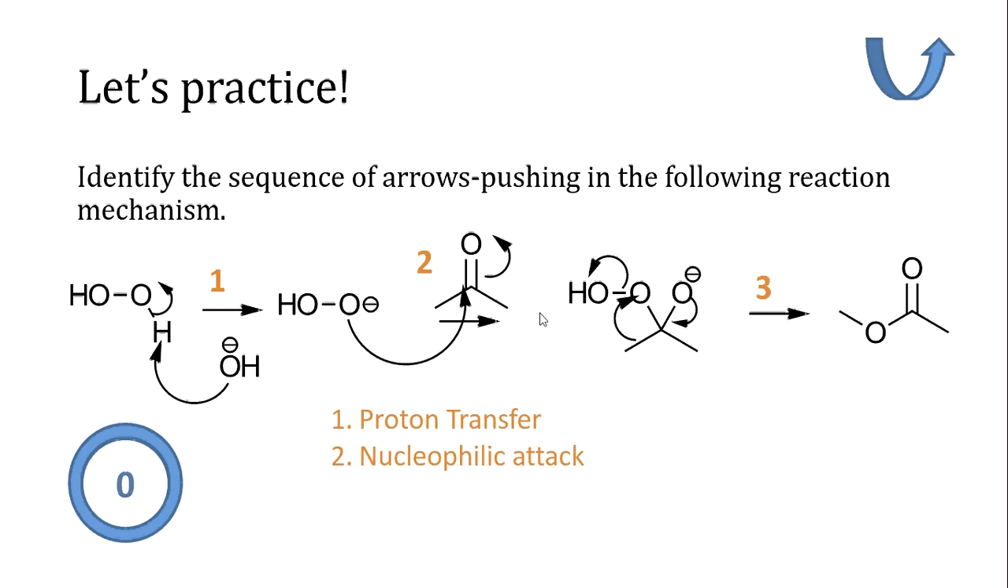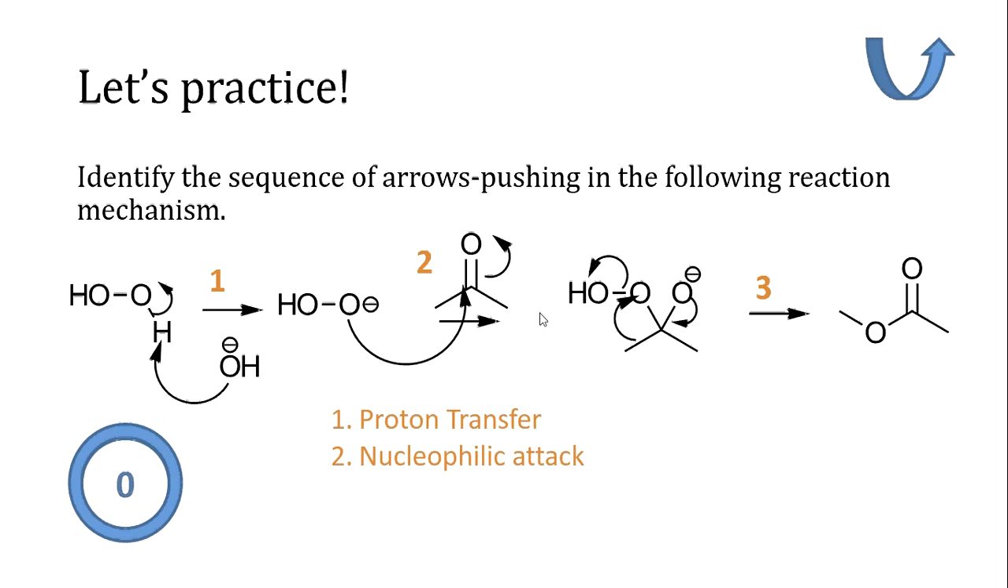Finally, in step 3, we see a whole bunch of things look like they're going on. There's an oxygen-oxygen bond breaking with some electrons going towards the oxygen atom that's leaving, so that's definitely a loss of leaving group. What's this other stuff going on? Looks like we have a carbon bond moving towards the oxygen, and we also have some lone pairs on oxygen being used to form a new